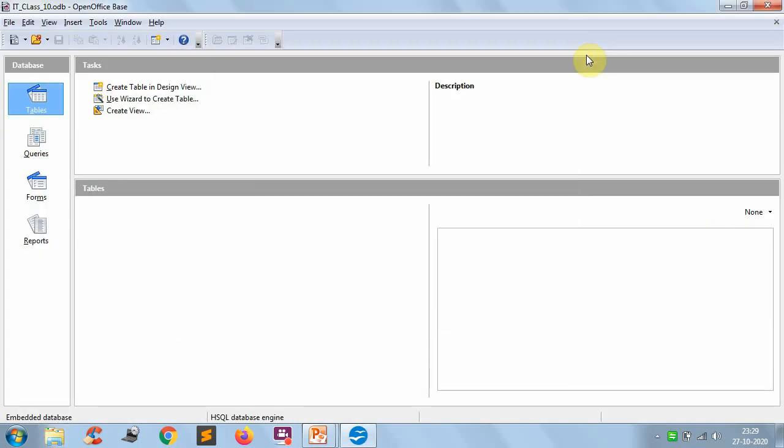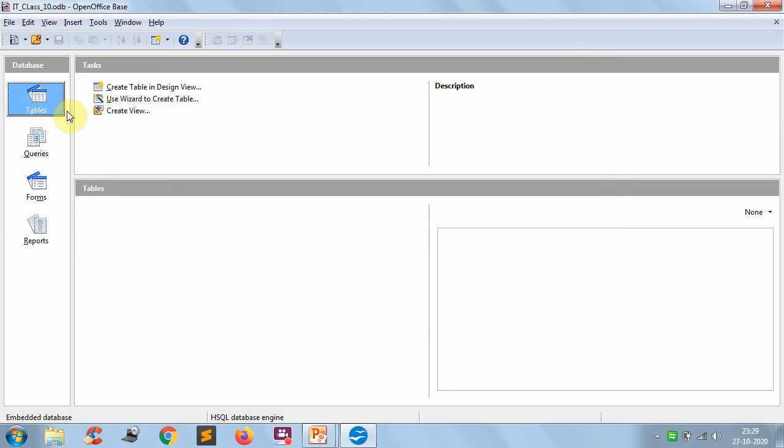After creating the database, your window will open like this. Here on the left side, there is one pane for the database. Here they give you different options like tables, queries, forms and reports. For each option, all the different tasks you can do are visible here.